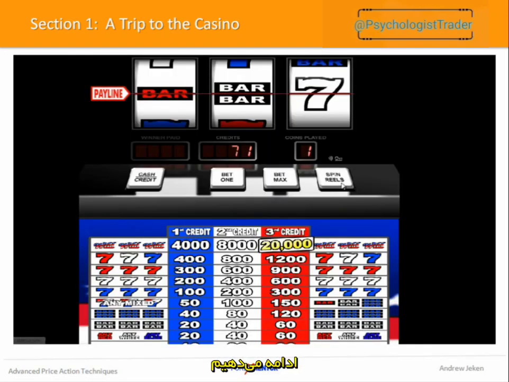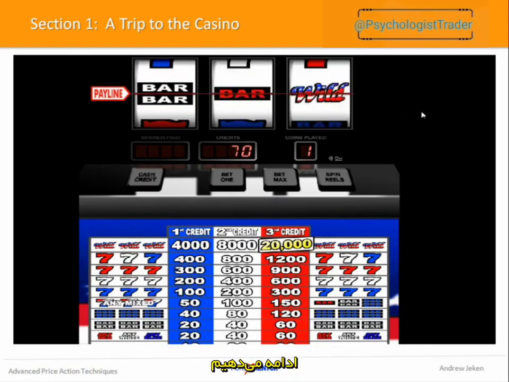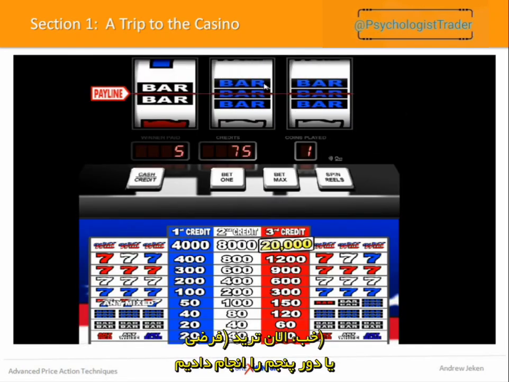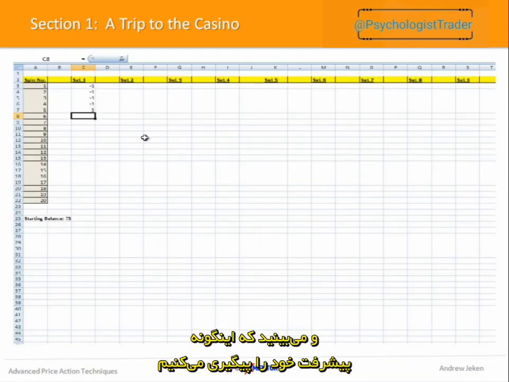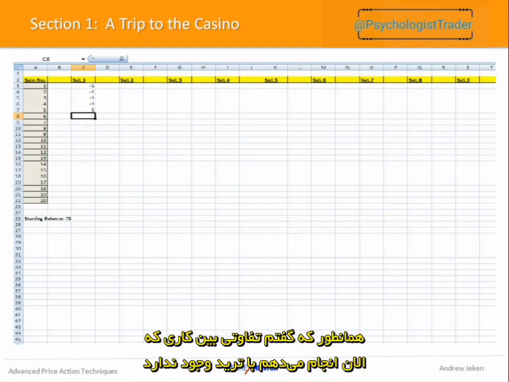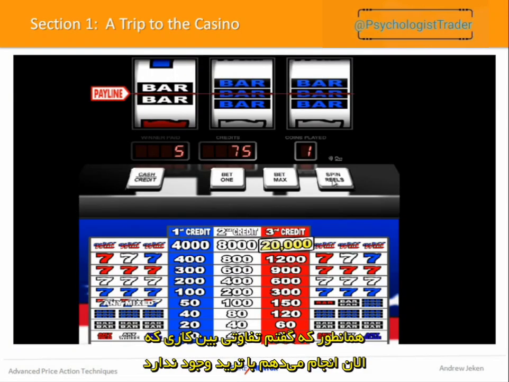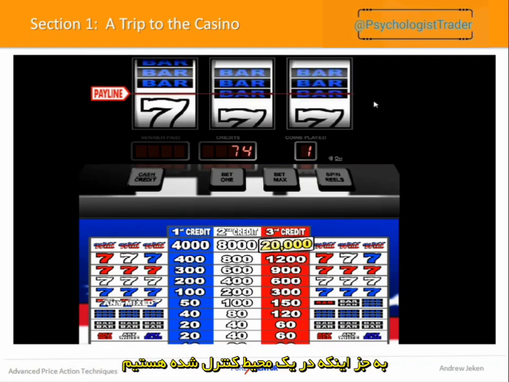We'll continue this exercise. Alright, we've now hit trade or spin 5, and you can see we've actually just been paid $5. So we're going to put a 5 into that, so you can see how we're tracking our progress. Now, as I said, there's really no difference from what I'm doing here, except we're in a controlled environment.